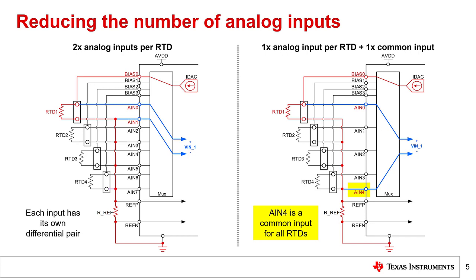On the other hand, it is not possible to reduce the number of analog inputs for a 3-wire RTD measurement system using 2 IDACs or 4-wire RTD configurations. Therefore, the rest of this presentation will use a system similar to the one shown on the left because it is generally applicable to all RTD configurations. Next, let's review some of the other possible multi-RTD measurement systems that use the same wiring configuration.